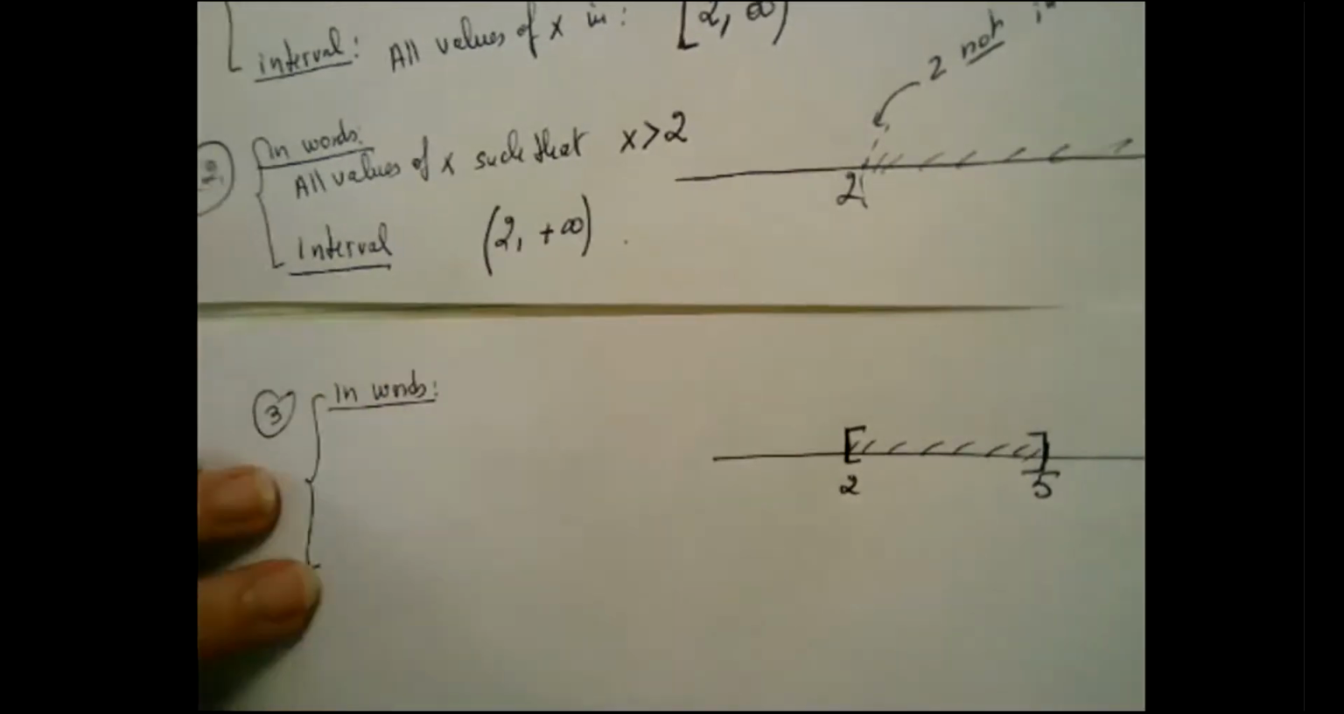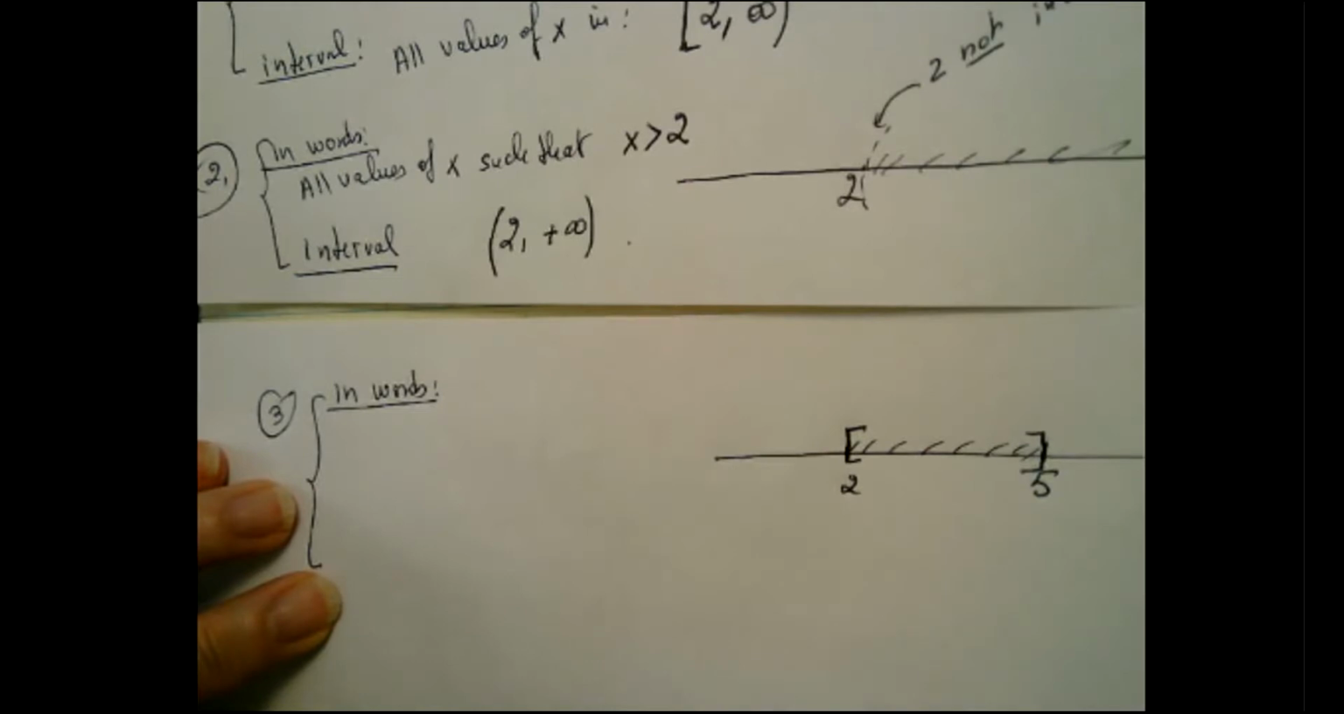So how can I describe this in words? Okay, so how do I describe it? Yes, absolutely, thank you. A closed bracket means the number is included. Open means it's not. It's not, it is. It's not, it is. All right, thanks. So in words, all values of x,